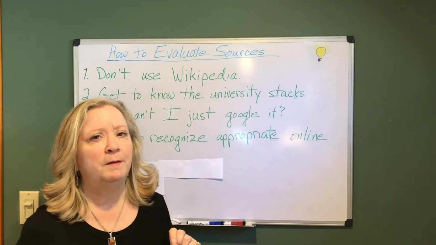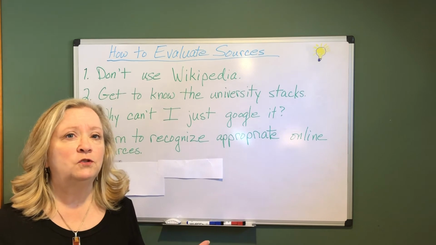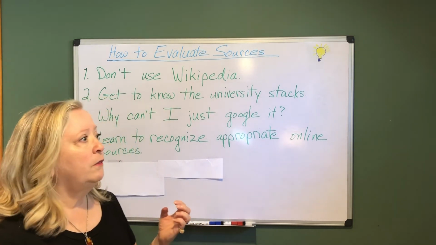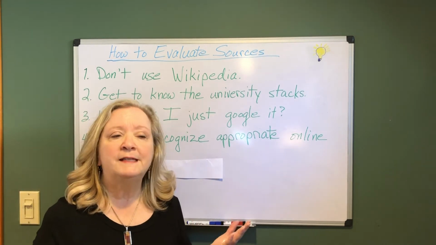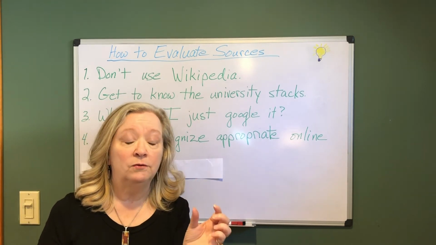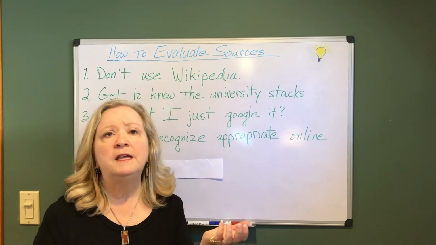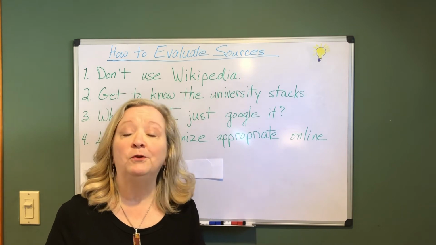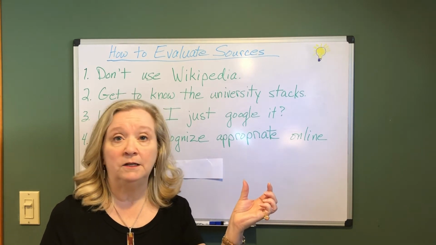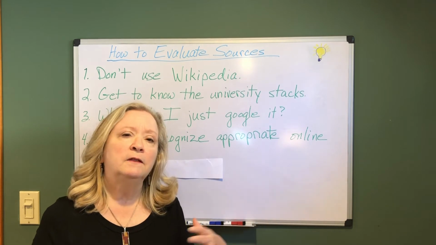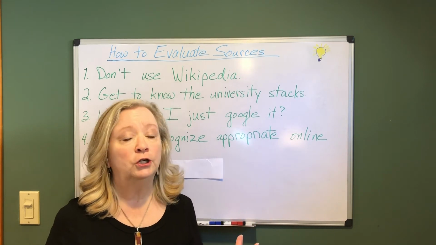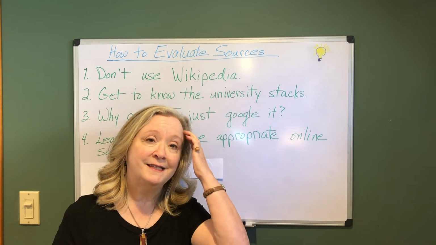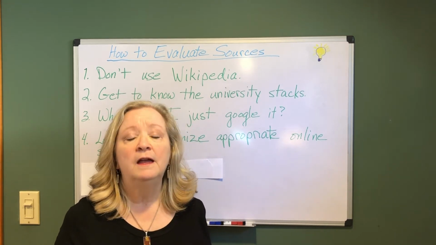The other thing that I want to mention that are appropriate online sources for just about anybody are the websites that end in the .edu suffix. These are websites that are supported by universities themselves. Obviously, the .edu stands for education. And there are several really good sources out there. The one that comes to mind is the Stanford Encyclopedia of Philosophy.